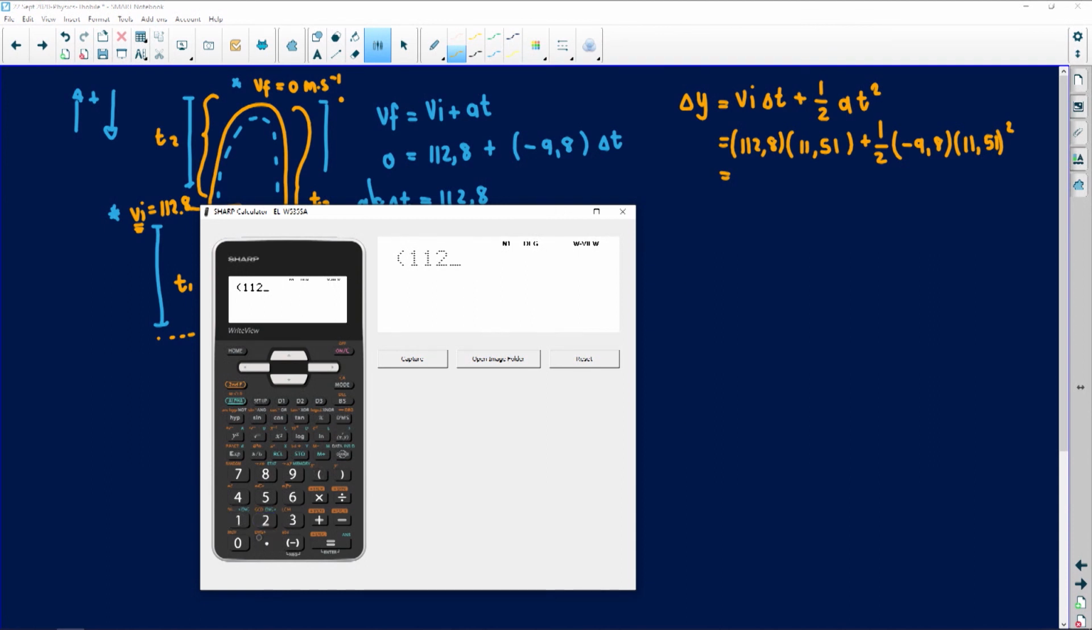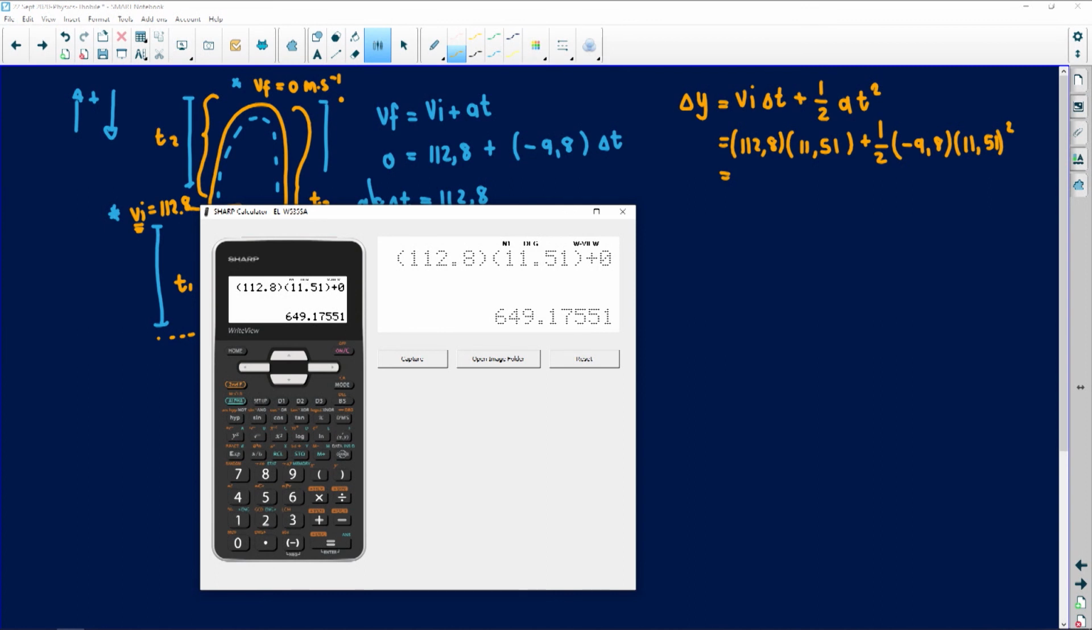So I've got 112.8, close my bracket, it's multiplied by 11.51. I'm going to say plus, this is 0.5, open my bracket, it is a negative 9.8. Remember, we took gravitational acceleration going down. My time again is 11.51. Close my bracket, and my time is squared. So the distance that it had traveled then is